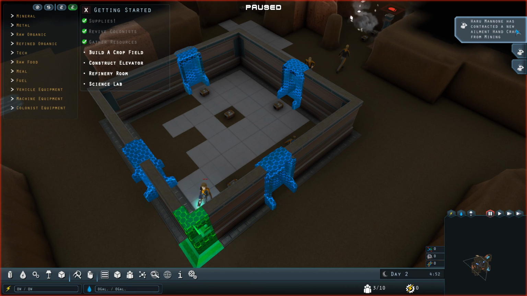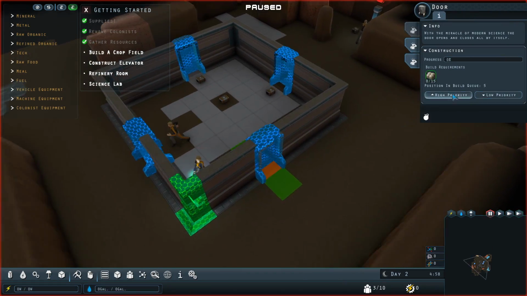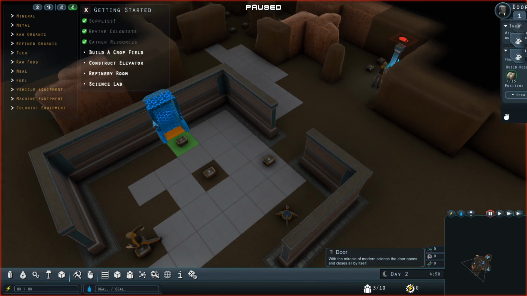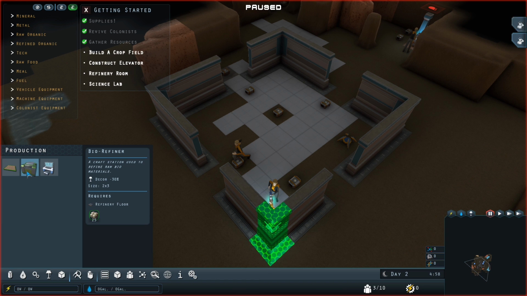What is that right there? Contracted a new ailment, a hand cramp from mining. Oh, well, these things do happen. Let's save the remainder of the resin for these doors. We can actually rebuild those doors later. It's not that important for right now. Instead, what we need is we need a biorefiner. And until we have a biorefiner...